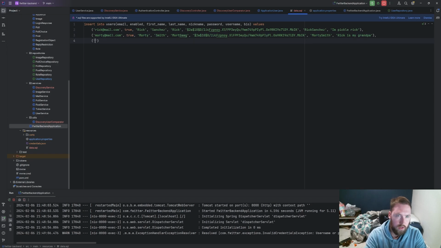And then we'll say Summer. I don't know if it's spelled like that. Summer@mail.com. True. And then we'll say Summer Smith, and then we'll say Summer, and then we'll have the password as password. I don't know why it did that, but thank you. Password will be set up as password, and then her username will be SS Summertime. I don't know. And then my brother